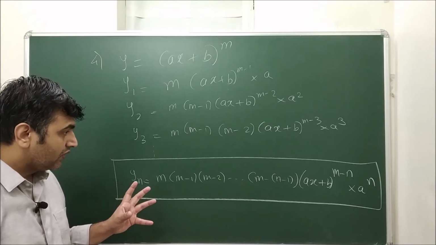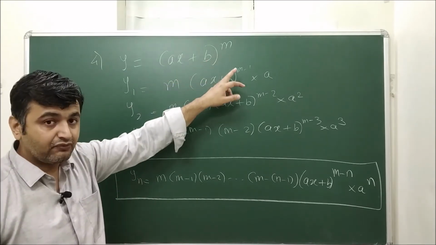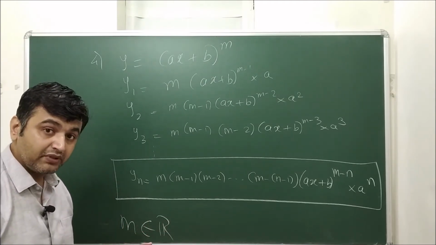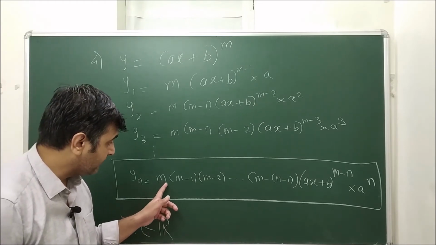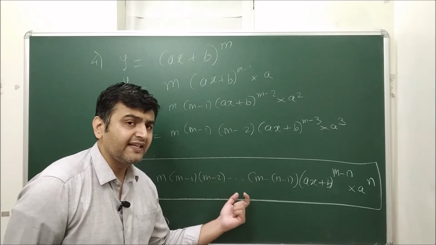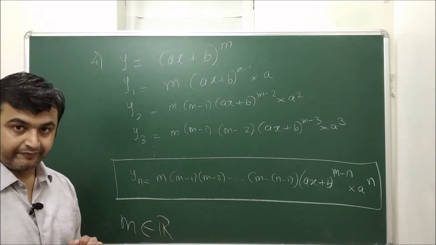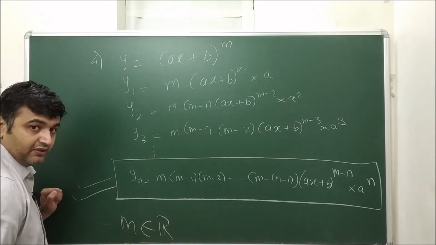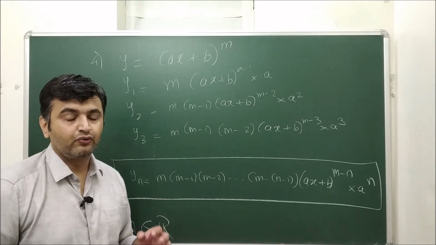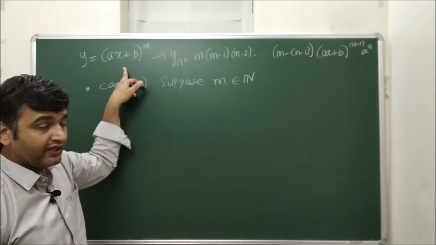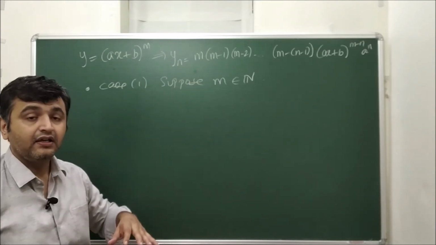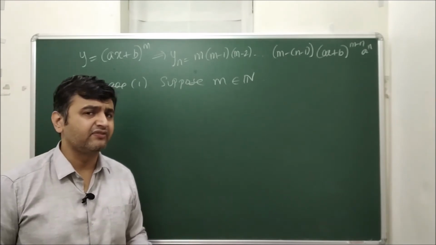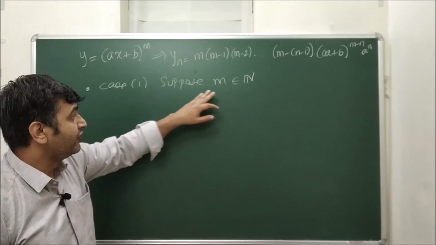Okay. But now in this case my m is any real number. If I restrict my m to a natural number, then you can see here you have m minus 1, m minus 2, and if I do a slight adjustment, I can bring factorial into the picture. So this is the formula in general. But now suppose your m belongs to natural numbers, then let's see what nice formula we get. This is the function we had, and this is the formula we got. As I said, if m is some nice number, and if you have some condition on m, n and so on, we get a very nice formula. So let's play with the first case when your m is a natural number.